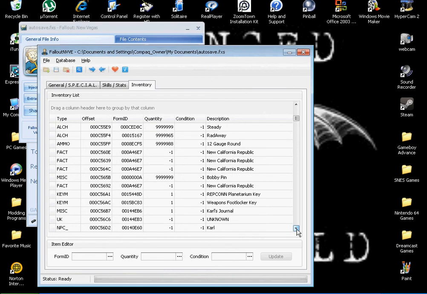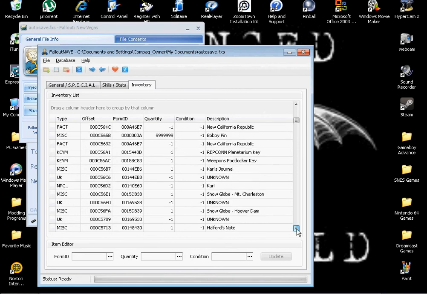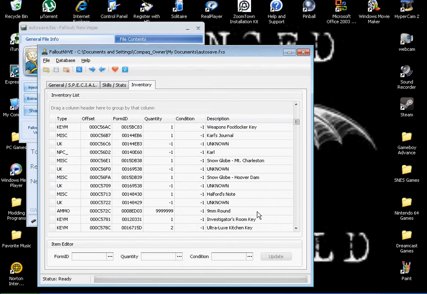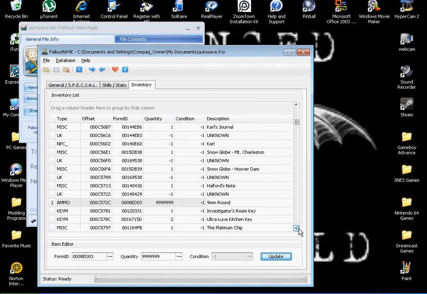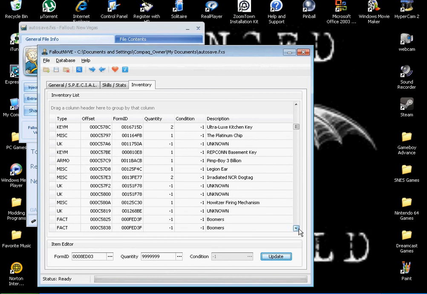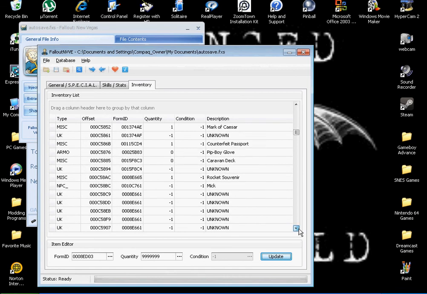See right here, obviously I have modded before, if you couldn't tell. I wouldn't change anything unknown because you don't know what that is, and that might be important for your game. All you gotta do is highlight something, and see if it might have condition. If not, you can't mod the condition if it has a -1. You can just push whatever number you want. In this case, I have 9999999 millimeter rounds, and you're just gonna push the update button and it'll change it